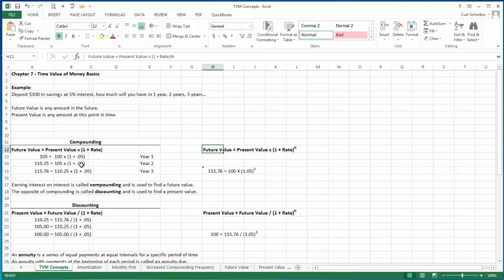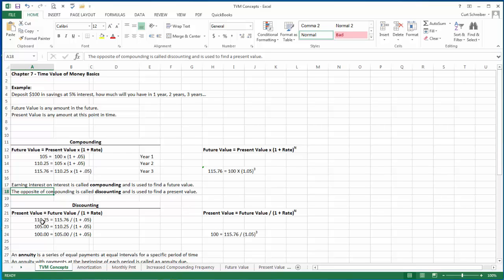Another way to find the future value, rather than making this calculation year after year, is to say a future value is equal to the present value multiplied by 1 plus the rate of interest to the power of n, n being the number of time periods that interest is accumulating. So in this example, if we took the $100 multiplied by 1.05 to the power of 3, we would come up with $115.76. Now, the opposite of compounding is called discounting,